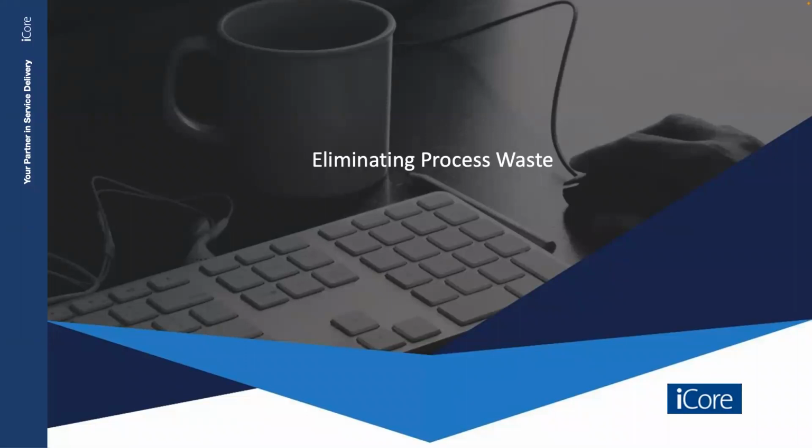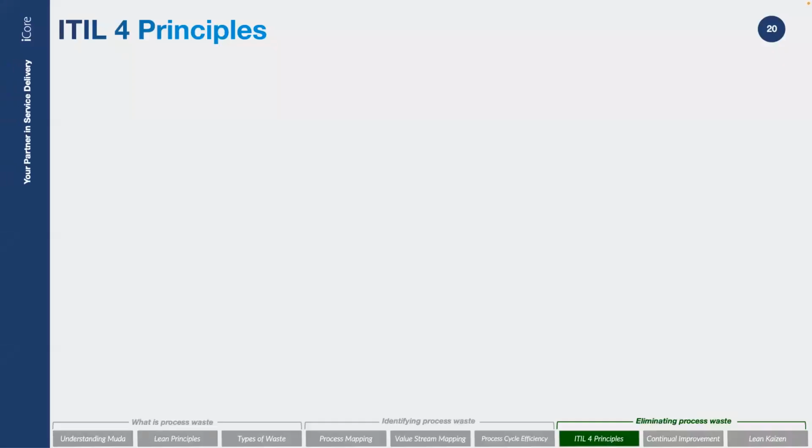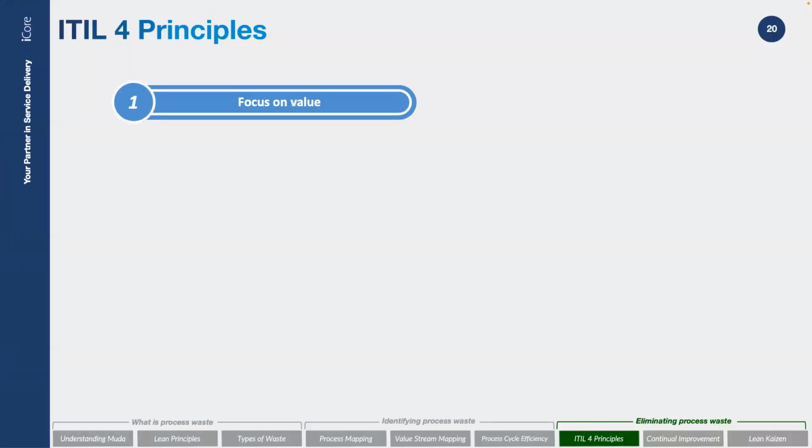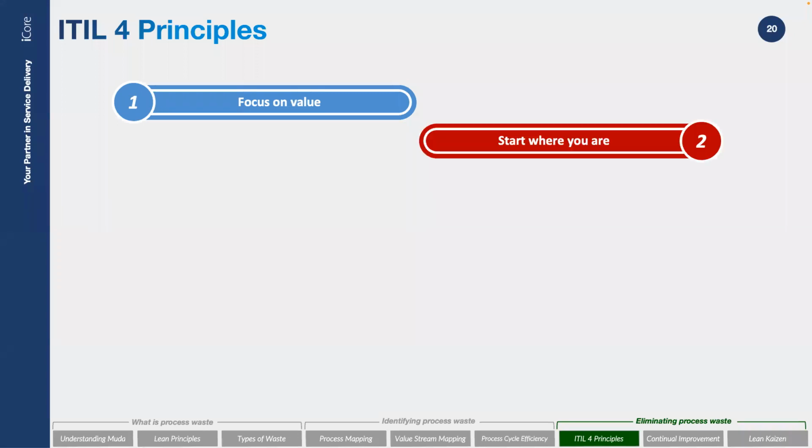So coming on to some tools that you probably used already, I expect that you have. We're going to mention these in the good old best practice ways again. So first of all, the ITIL 4 principles. I'm sure you're going to recognize this first one straight off. Focus on value. By focusing on delivering value to customers, organizations can ensure that their IT processes are aligned with the business needs and are optimized to deliver the most value with the least waste.